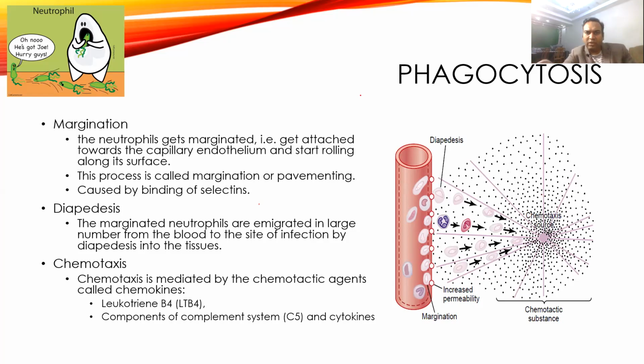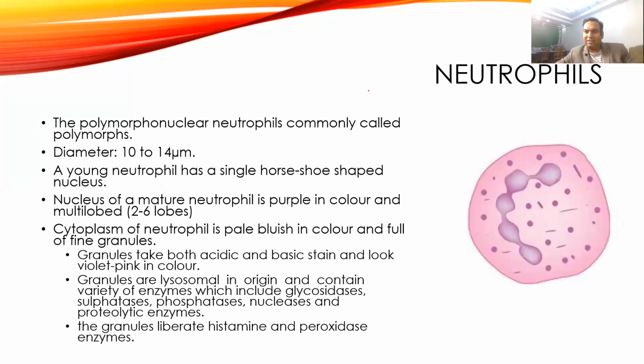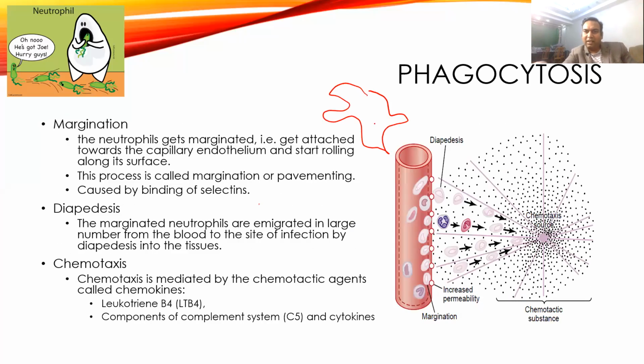So this is simple. Neutrophil will look something like this. It is not as circular as shown. It is like that, and it will extend one process of the cytoplasm with the cell membrane into the cell, and that small portion will move through the small size of the pore of the capillaries.